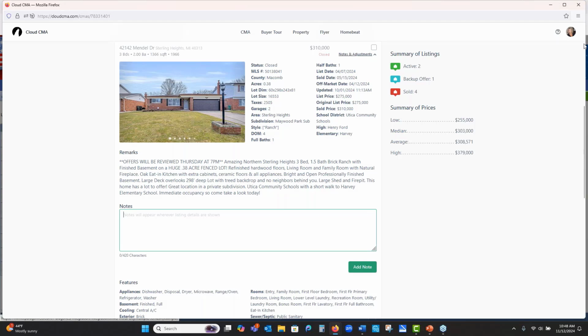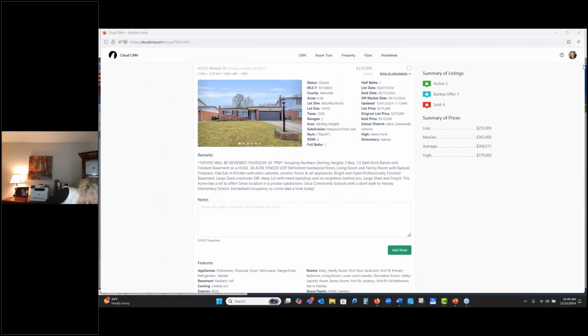I hate to say I was that agent way back in the day. In fact, I just pulled one out when I was cleaning my office not too long ago. I still have it handy. I was that agent back in the day who would walk in with your CMA report. I had it all bound with the little spiral combs that we all used to use. And I remember walking into this one particular home where, from the outside, everything was updated and absolutely immaculate. And then, of course, I opened the door to walk in. The first thing, I always take my shoes off when I'm entering a house, just out of habit. And I stepped in on